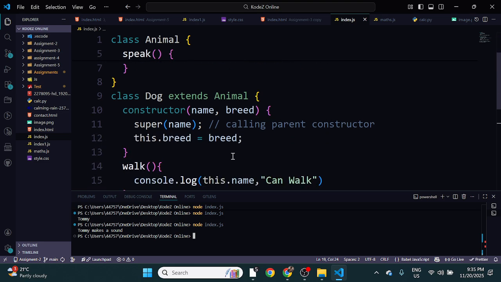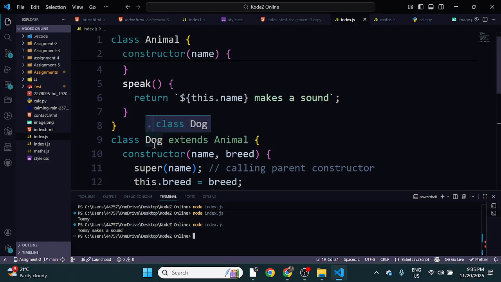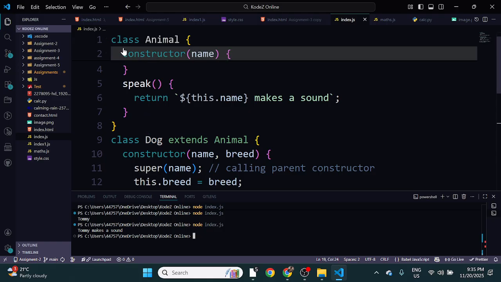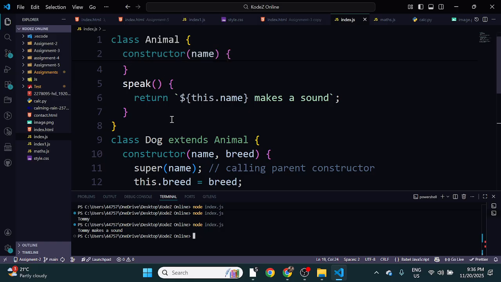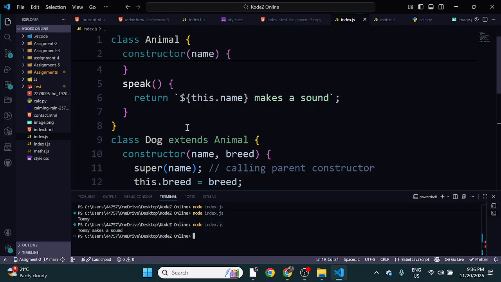So we are just doing the same thing as we do using the proto, but the different thing here is that we are creating an object using the class method. As I told you, there are two ways of creating a class. First one is the normal method and the second is using classes. So if you create an object using the class method and want to inherit the properties, you have to use this extends keyword. Okay,